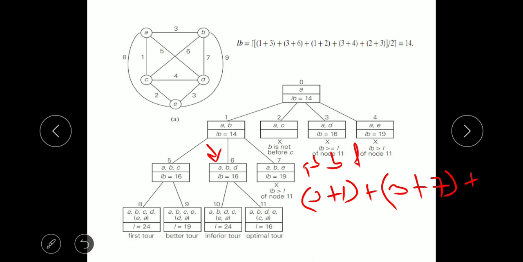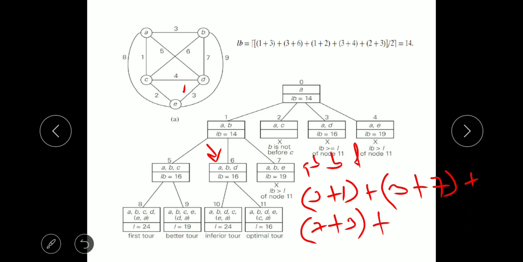Plus, the next one, from D. From D I have an edge that is to be included into the Hamiltonian cycle, that is D to B. So its cost is 7 plus, then the next least cost edge that is available is 3. So therefore it is 7 plus 3 plus,